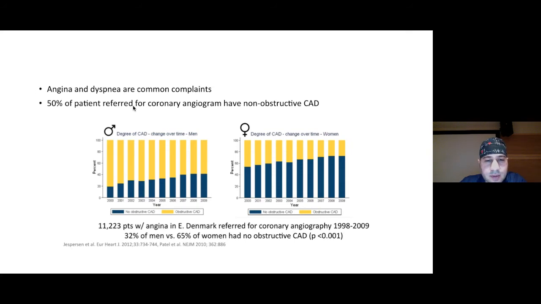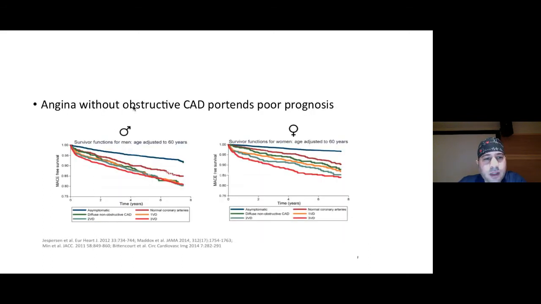This is registry data from Denmark looking at 11,000 patients with angina who were referred for a coronary angiogram between 1998 and 2009, and 32% of men versus 65% of women had non-obstructive coronary artery disease despite having angina and dyspnea. And their outcome, patients with angina without obstructive coronary artery disease, portends a poorer prognosis,